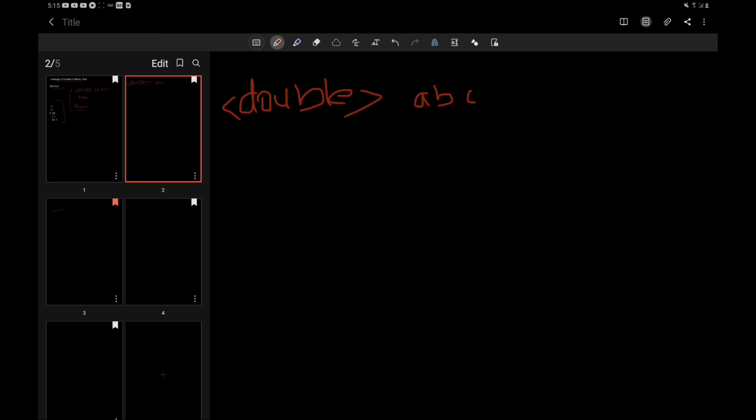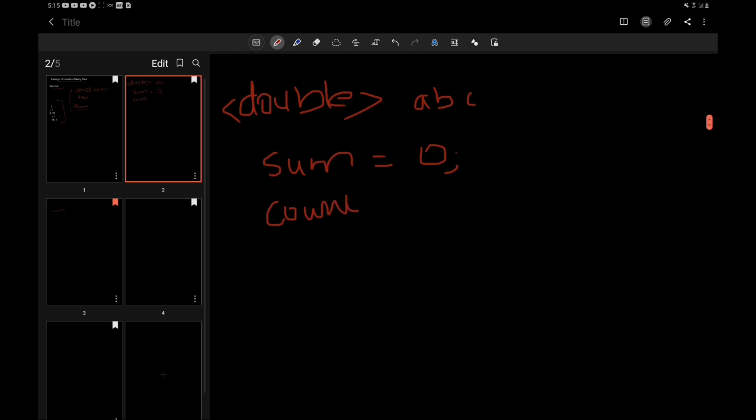And let's take a sum variable for every level sum and initialize it to 0, and take a count variable so that we can know the number of nodes present at any level, which will indeed help us to get the average value at a particular level. So we have initialized our answer variable and two things.